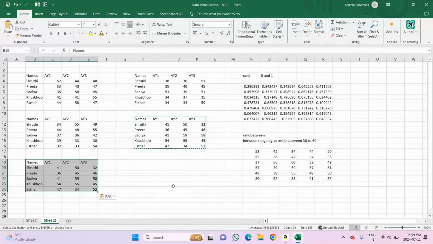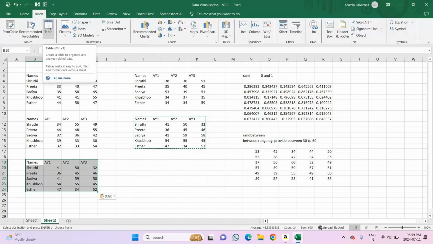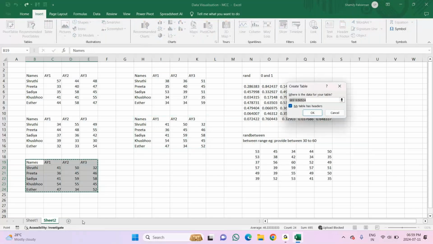Okay, now we will try the next step. I will create this as a table, since I only taught you how to give a name for a range. Now we will make this a table. After selecting, you have the option Insert Table. If not, you can also use the shortcut key Control T. If you see here, it says Create Table. This is the range. You can see the dancing lines, and it also says My table has headers. If this is checked, then the table headers will be used. So I'll click on this. Okay.